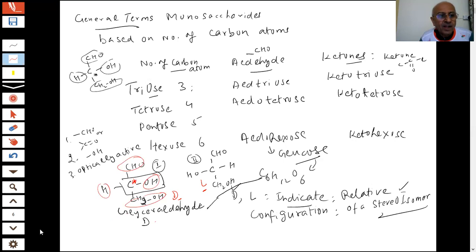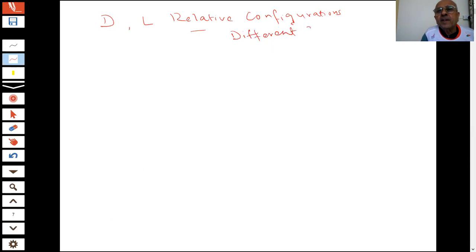What I just said, students, is D or L. This is how we assign. These are the relative configurations given to different stereoisomers. I am saying, on the basis of this, it is written in a simple form like this: